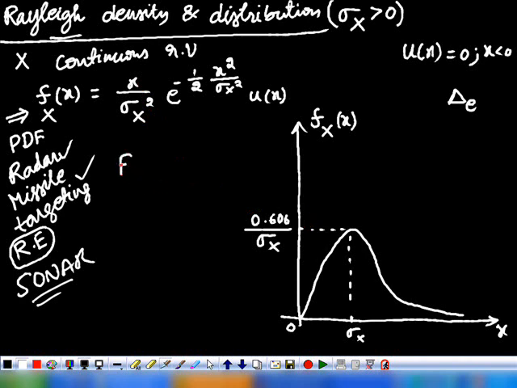Can you find the CDF? Take this as an assignment for you. You work it out and find it. Because we know the relationship between the CDF and PDF, PDF is given, we can easily find the CDF. You try it. Can you do this? Okay. So, we can switch over to another density function, that is the exponential density and distribution functions.